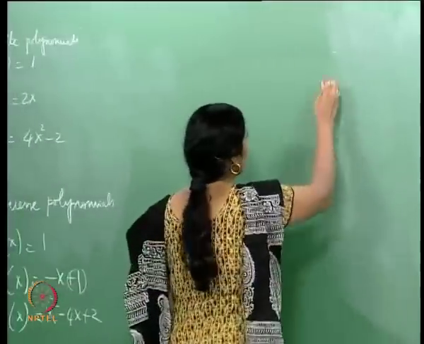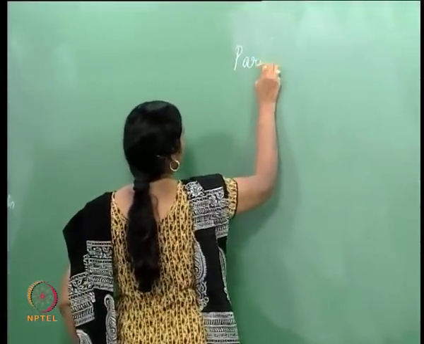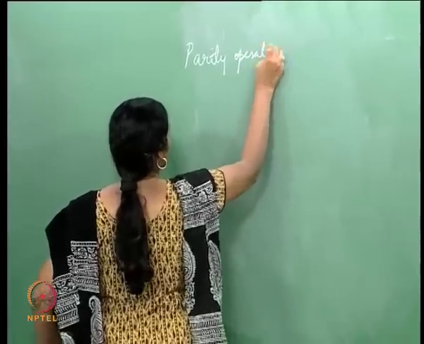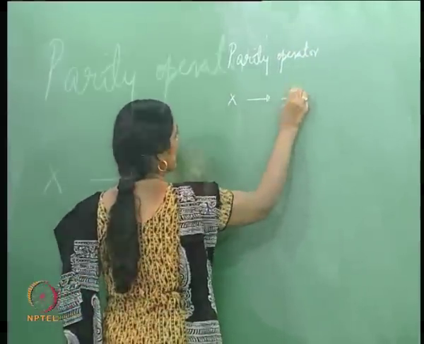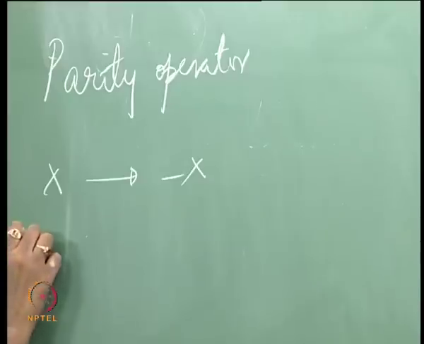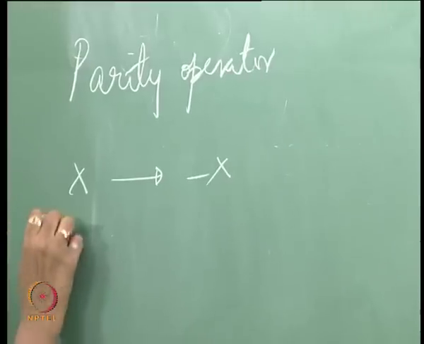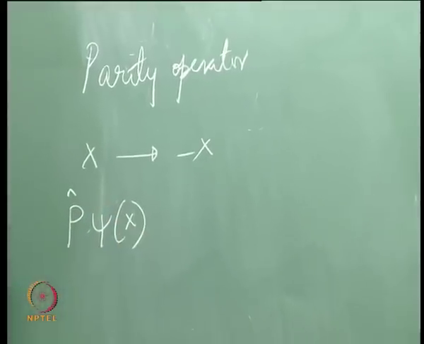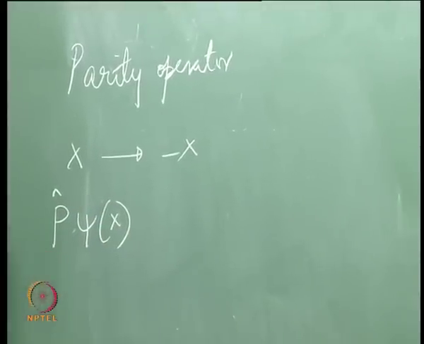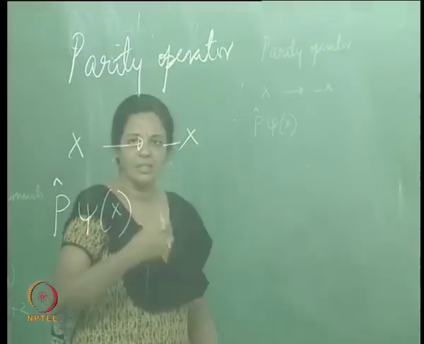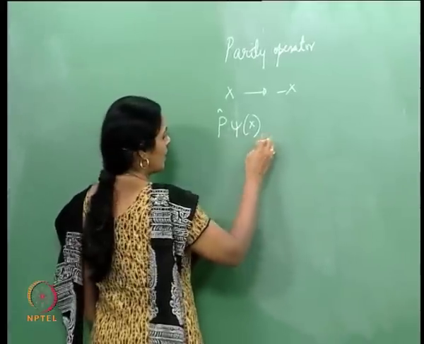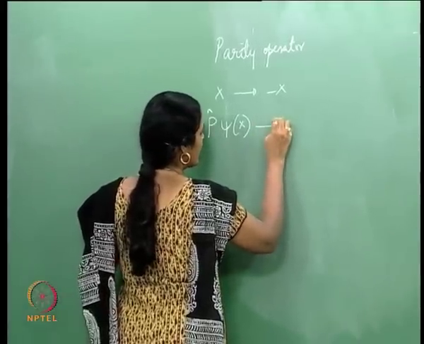I define a parity operator which basically takes x to minus x. That is the job of the parity operator. So when the operator, if you wish I put a cap on it, acts on a function in the space L2 minus infinity, infinity, which is the relevant linear vector space for the simple harmonic oscillator, this takes it to